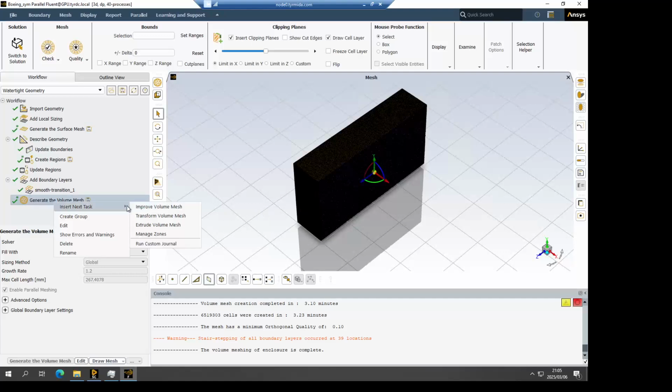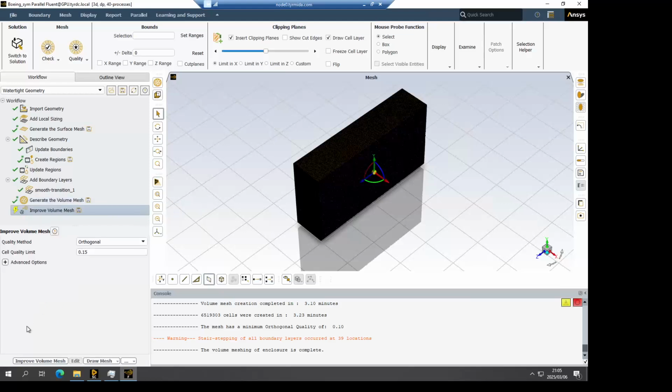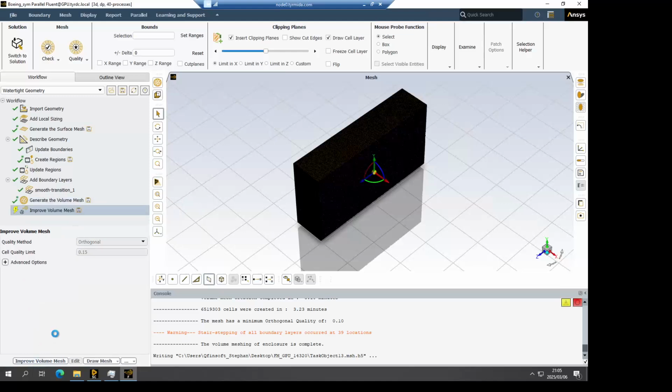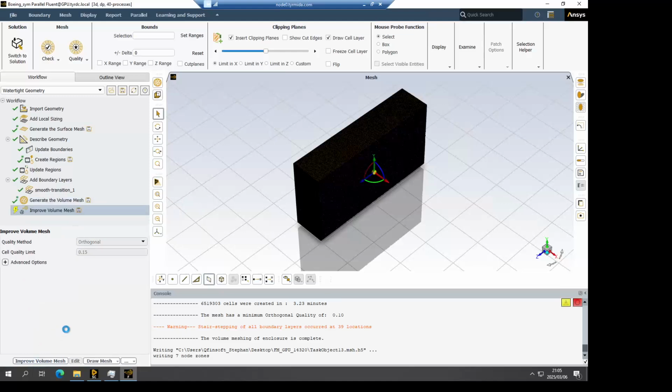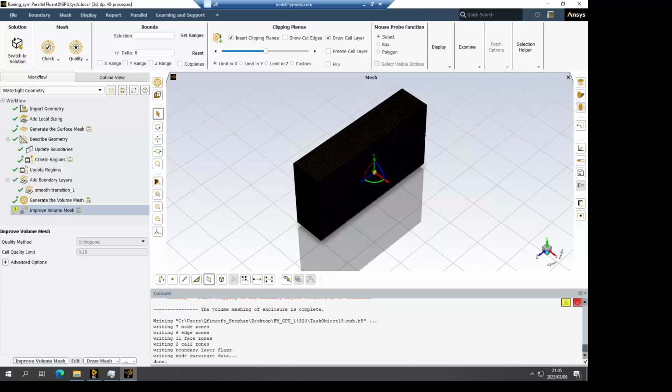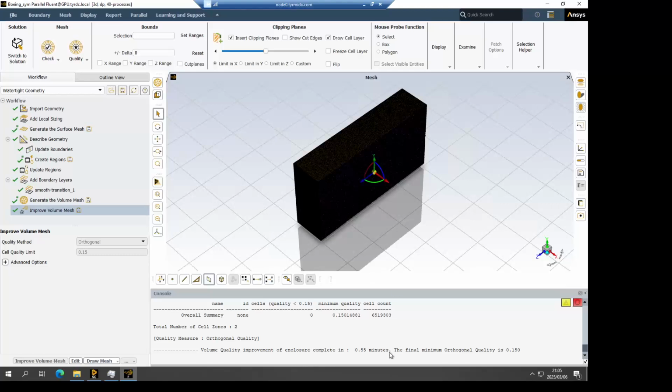So I'm going to just right click in that, add the improve volume mesh procedure to the model and run that. Then hopefully that will improve the quality of the mesh, which should give us a better quality result in the end. Okay, now our mesh quality is improved to 0.15, so I'm happy with that.